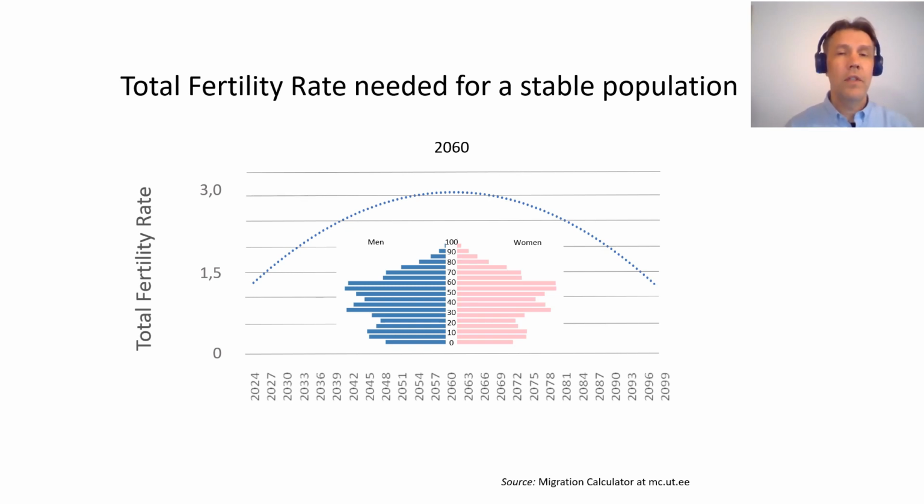And what's also interesting, since then there is no need to keep this high level of fertility to keep the population stable, and the fertility rate could drop again to its current level, and the Chinese population still will remain stable. The reason is that after 2060, these bigger generations enter family ages, and their bigger number helps to support the Chinese population size, and fertility within the couples could start to decline again.